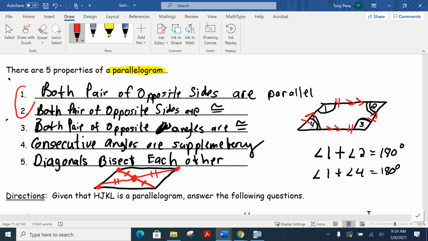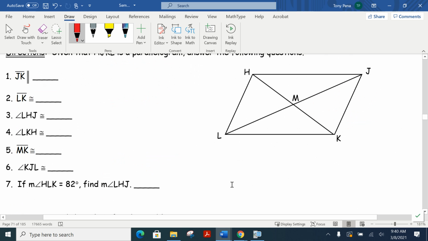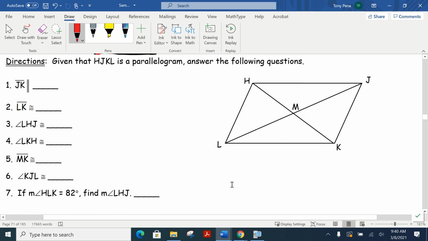1 and 2 you would have talked about last year. We did not talk about angles in Math 1. 3 and 4 now start talking about angles. And then you talked a little bit about diagonals, but not the idea that they bisect each other. Okay? So with all of that in mind, let's have all of these right above on your paper, and let's